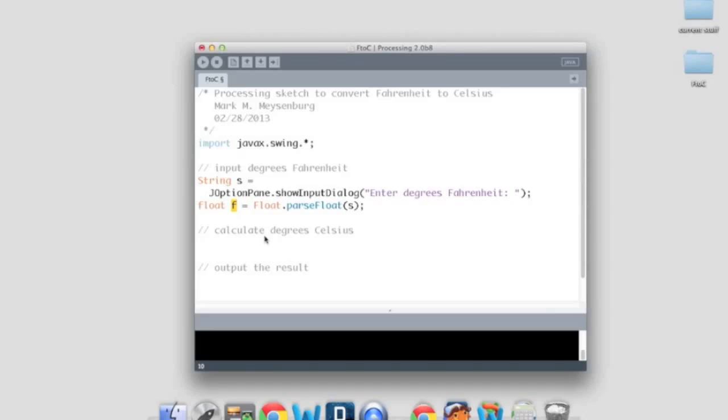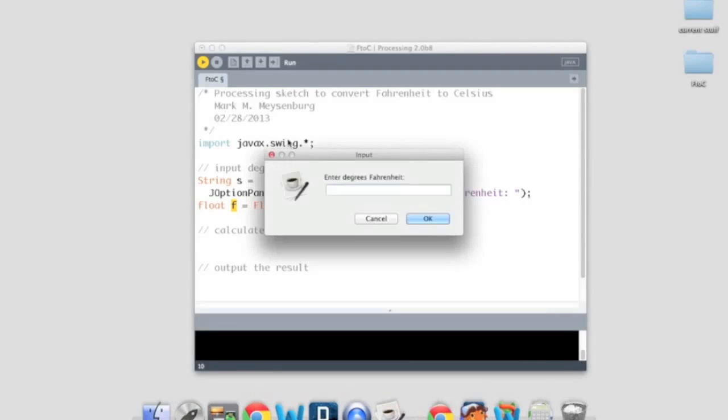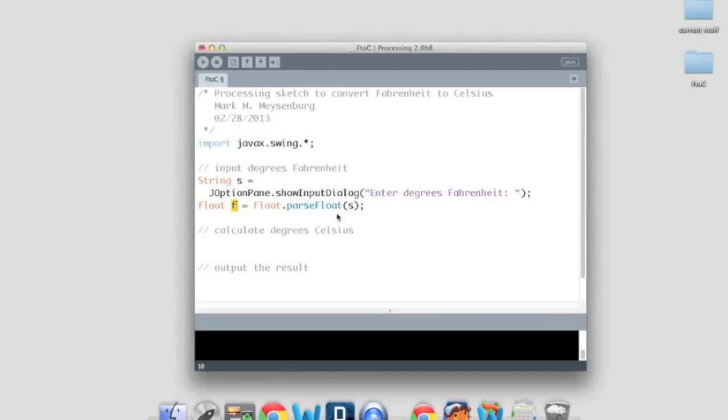Okay? Now let's just see if this runs. We won't be able to tell if it works or not, but at least I have a dialog box. I can type in a number, and then the sketch quits, which is what it's supposed to do. So I'll go ahead and save everything at this point so that I don't lose any work and move on. Next thing I'm going to do is calculate the degrees Celsius, and we'll use our